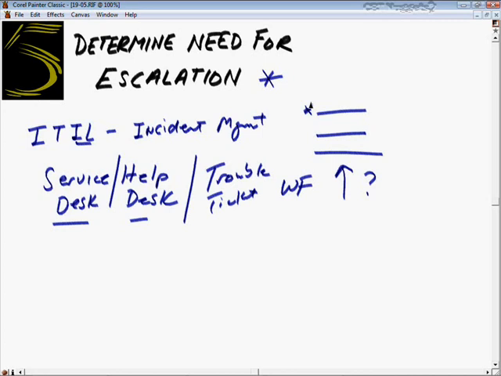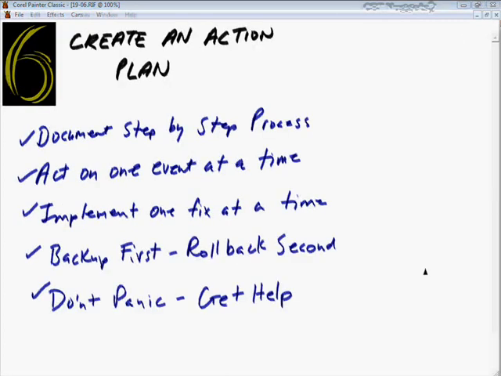So determine the need for escalation or involving other people in the process. Next is to create an action plan, and most of the time this action plan is going to be formulated in your head. It's going to be based on experience. It may be based on documentation from previous network engineers or operators or technicians, but you're going to want to